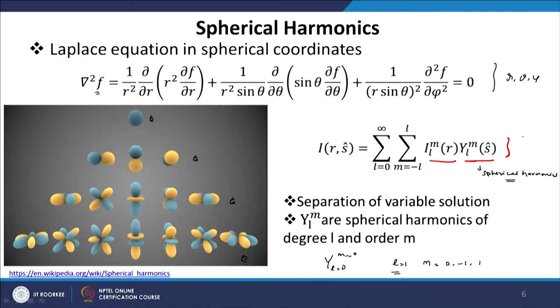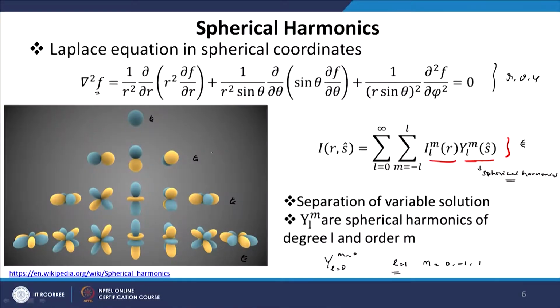So, what does it represent? If we take only one term in the series of spherical harmonics, then we are assuming that the intensity is going to be isotropic. That means intensity does not depend on theta, does not depend on phi, it is independent of polar angle and azimuthal angle. If we take two terms, first and second term, then for both the terms the azimuthal angle does not appear. So, the second term, the intensity variation that looks like p orbital, is a function of theta only, it does not depend on azimuthal angle phi.